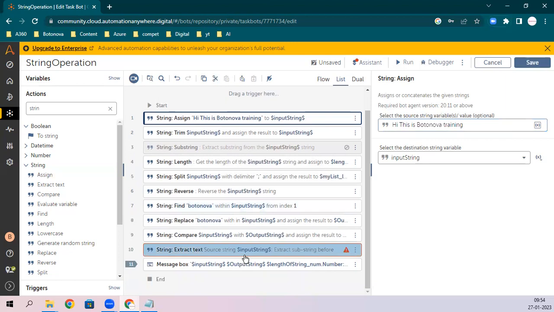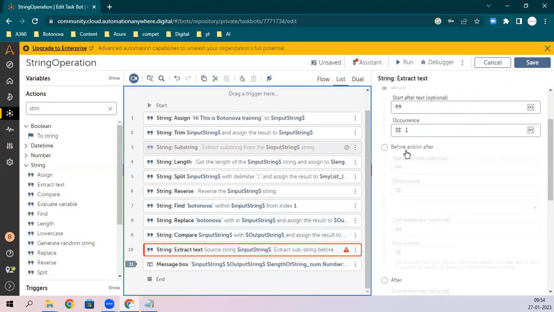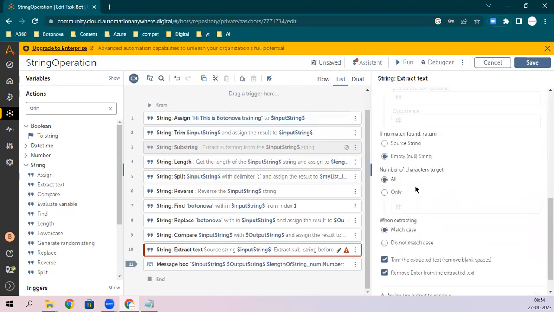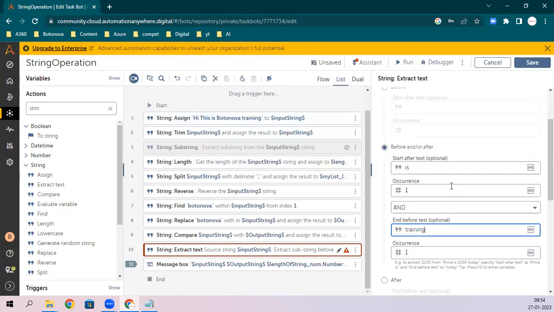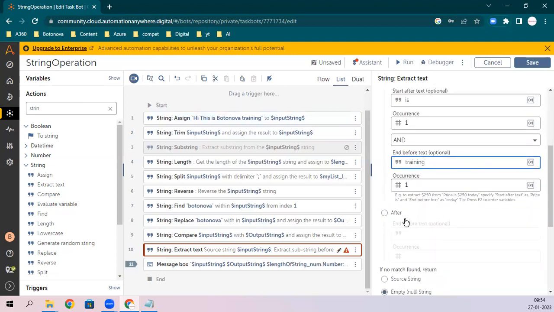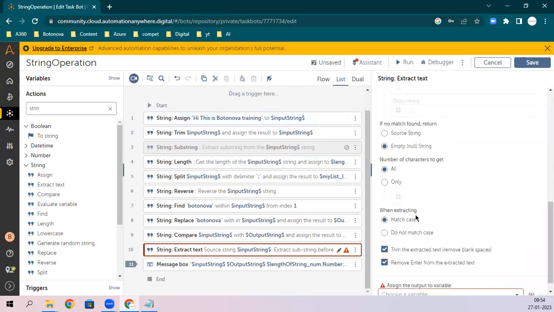So how can you use it? Before you can give "is", and after you can give "training". You have three options: before and after, both, and then after. We'll talk about this as well.